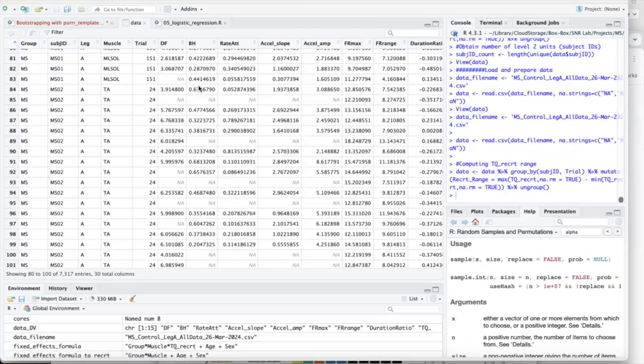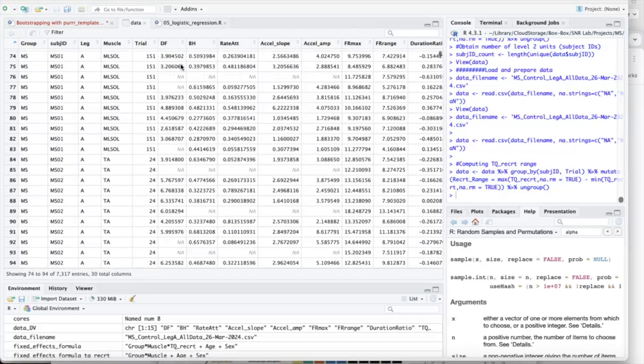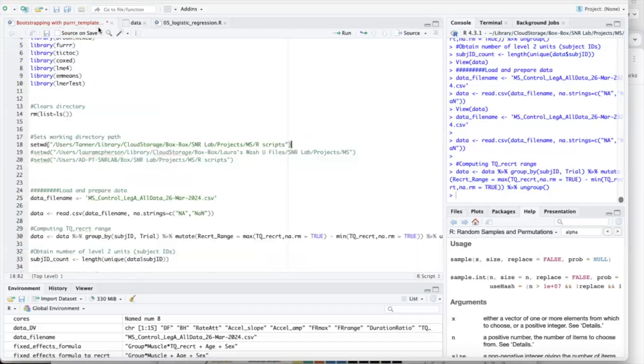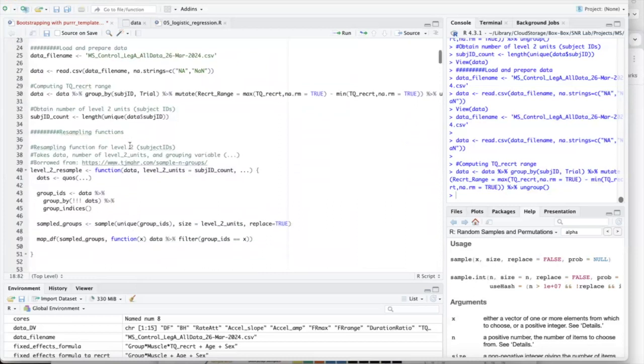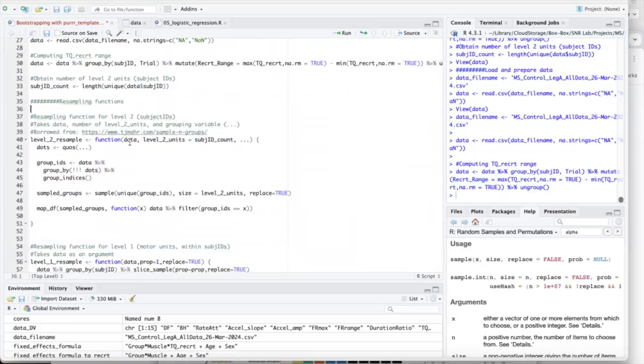And the idea behind mixed effects modeling is to sort of detangle the subject level, the between subject variance, from the between motor unit variance to better address the research questions that we're interested in while taking into account the hierarchical or the nested structure of our design. And so these first few lines here are running some of the resampling functions that will be called during